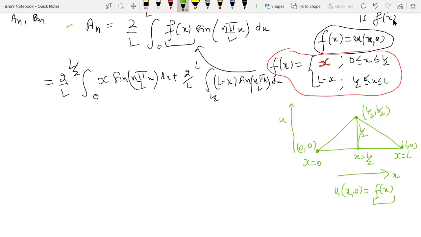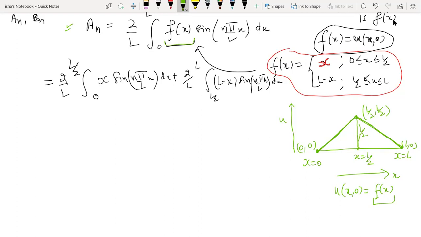Now to compute the value of the solution, which includes an, I need f(x). So f(x) will come from here. So this curve which you can see, for this I have to write mathematically what is the equation of this curve, right? So it's the opposite way. You need to learn these things now. I'll give you a function, you will be able to draw its graph. But now the question is reverse. You have the graph in front of you. You need to write its mathematical equation. So you need to learn how to do that.